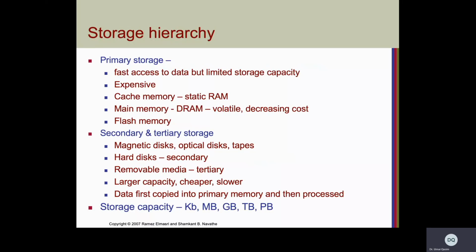Main memory is volatile. Its cost is decreasing, but still it is expensive to keep all the data in there. And the other problem is that it is volatile. That means if your computer shuts down, everything in there gets removed